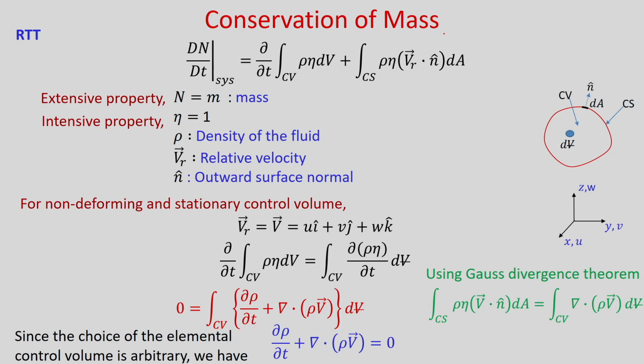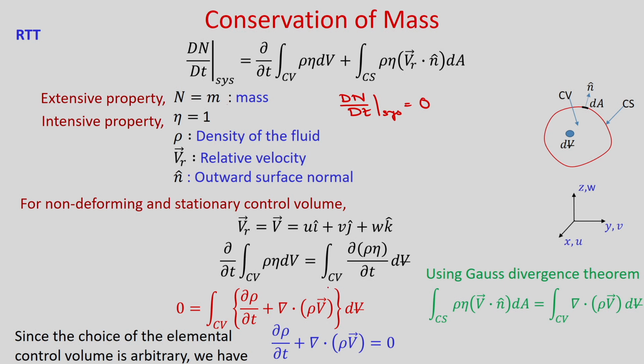So, now using this Reynolds transport theorem we will derive the continuity equation. So, we will first consider the conservation of mass. If you consider the conservation of mass, then capital N will be equal to the mass of the fluid. So, obviously that is the extensive property, and intensive property eta will be just 1 in this particular case. So, N will be m and eta will be 1, and as the mass is fixed in the system, obviously dN by dt of the system will be 0, right.